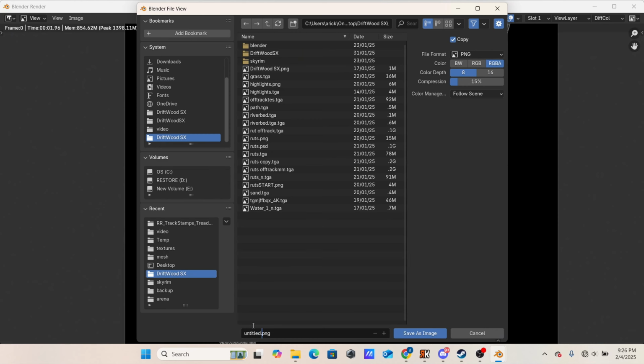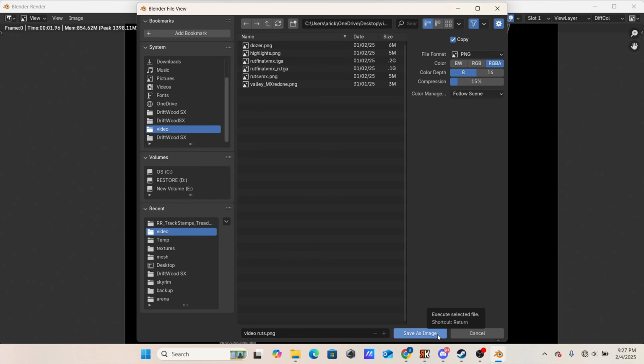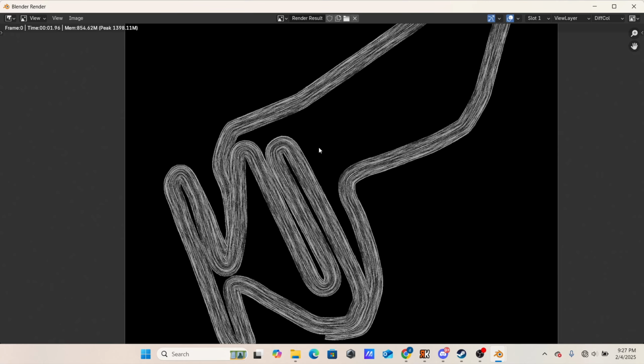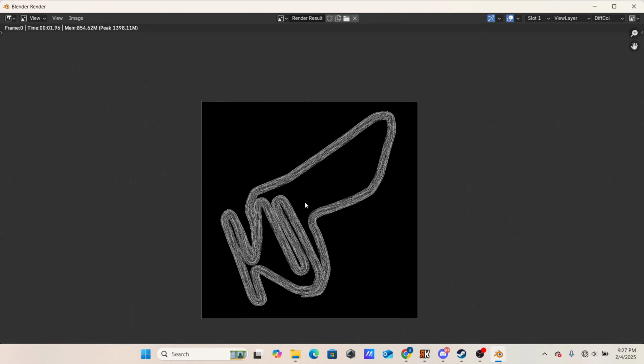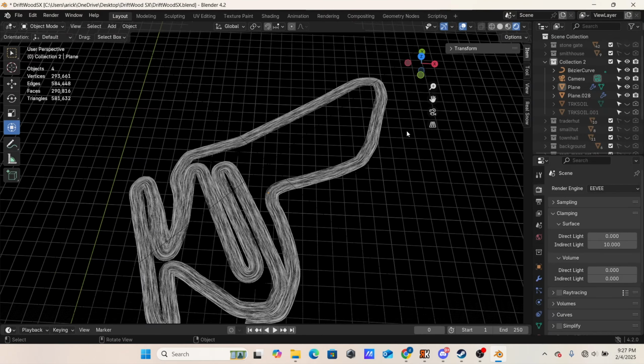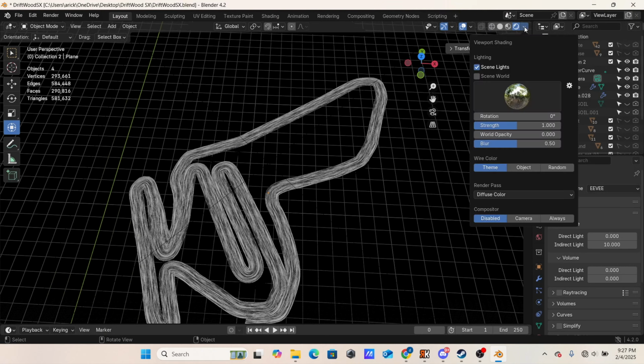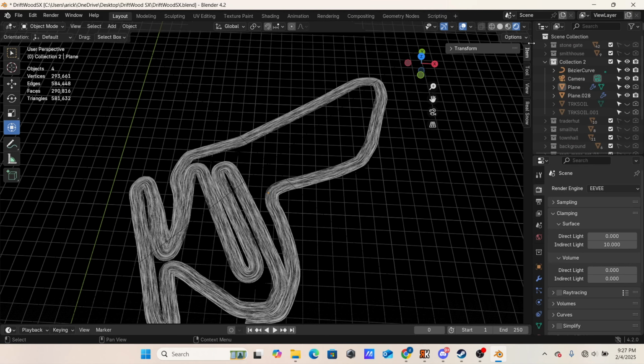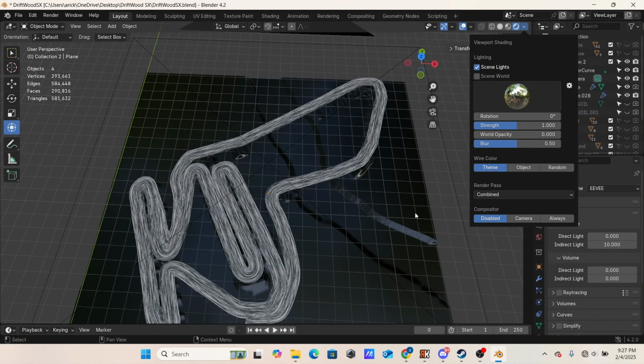So we're gonna go video ruts, and then we're gonna go actually save this. As you can see, I made a video prior that did not work. Save image as. Okay, there we go. Our 4K image of ruts is now saved. We can close out of that, and we can turn this back to normal, so you can continue editing in